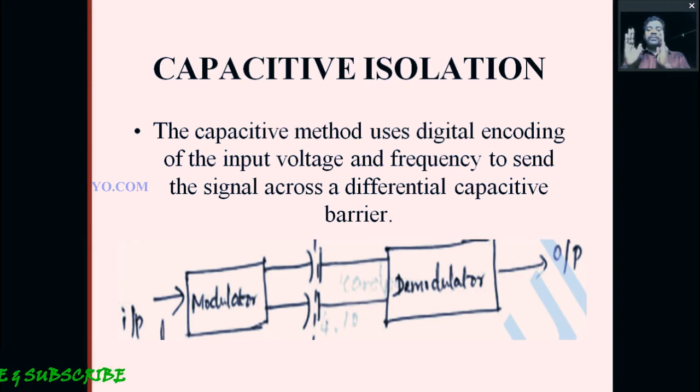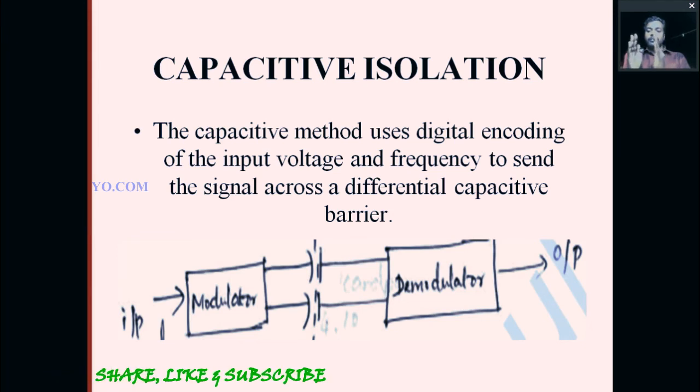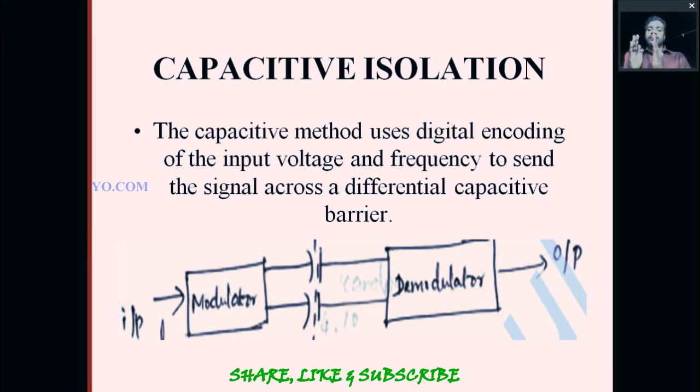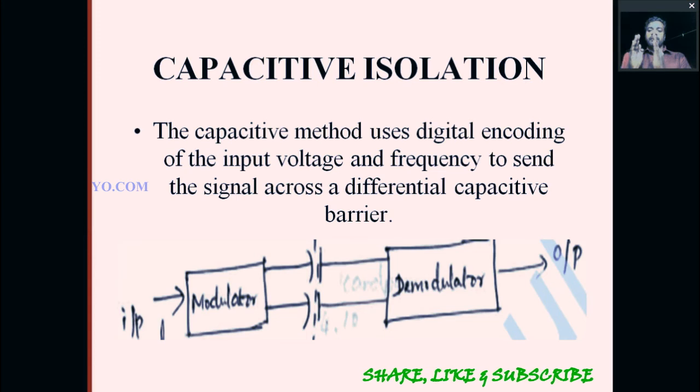So the capacitor produces very good isolation between two plates. A capacitor is nothing but two plates. One hand is one plate, the other hand is another plate. In between the two plates we have air. Air is a medium. In some other situations they use a liquid as the medium. In some cases they use a non-conducting material, called an insulator, as the medium. So different types of capacitors are available, based on the type of medium they use.